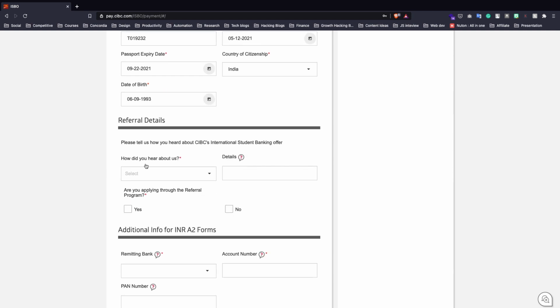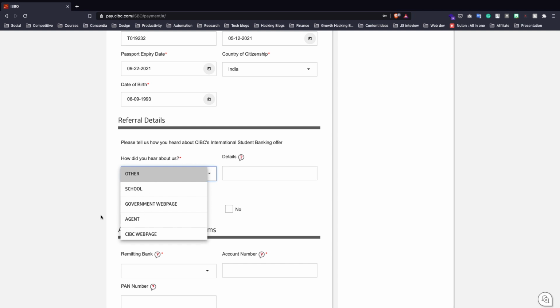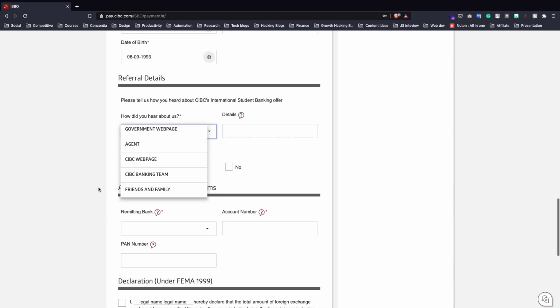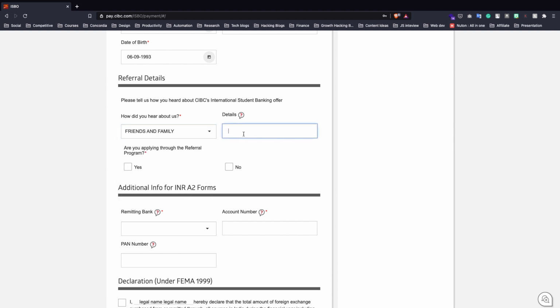Then over here you have to fill the referral details, so you can put my referral code over here. It will help me as well for making videos of this sort. So you have to select friends and family. Then in the details you have to write my name, which is JSNEETSINGHSAWHNEY. Then are you applying through referral?